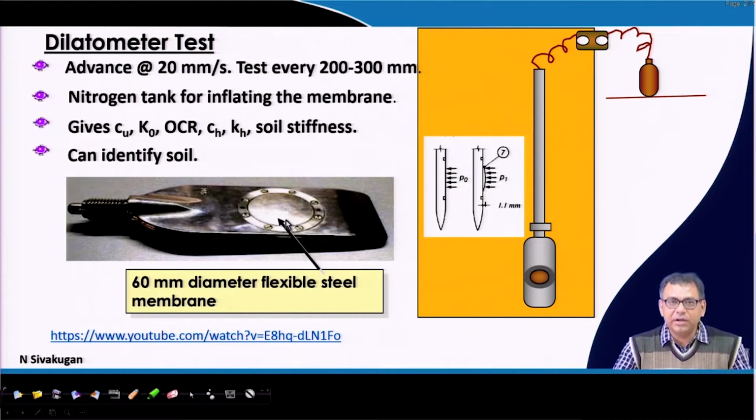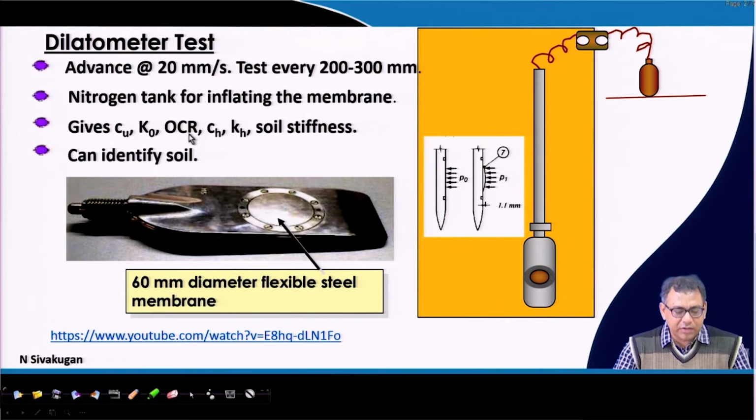So, this membrane will inflate and we will get the deformation, or the reading, and the corresponding pressure we can measure. That means, similar to the pressmeter test, where we also measure the pressure and the volume change, here also we will measure the expansion, or inflation, of the membrane and the pressure. So, it will give us the undrained cohesion, K0 value, that means the coefficient of earth pressure at